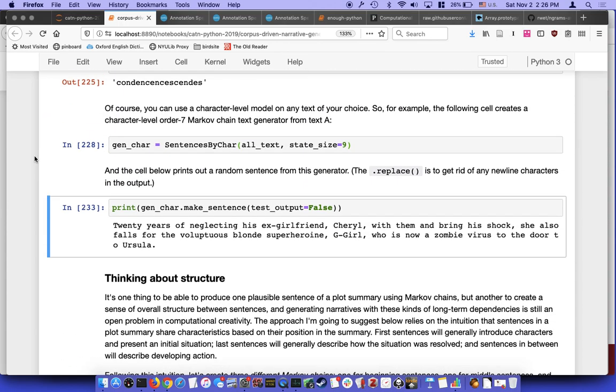But the thing that I want to experiment with is, because a Markov chain can only look at a fixed window of context, what are the ways that we can independently introduce ideas of structure to it? A couple of ideas that have occurred to me and to other people working in this area: